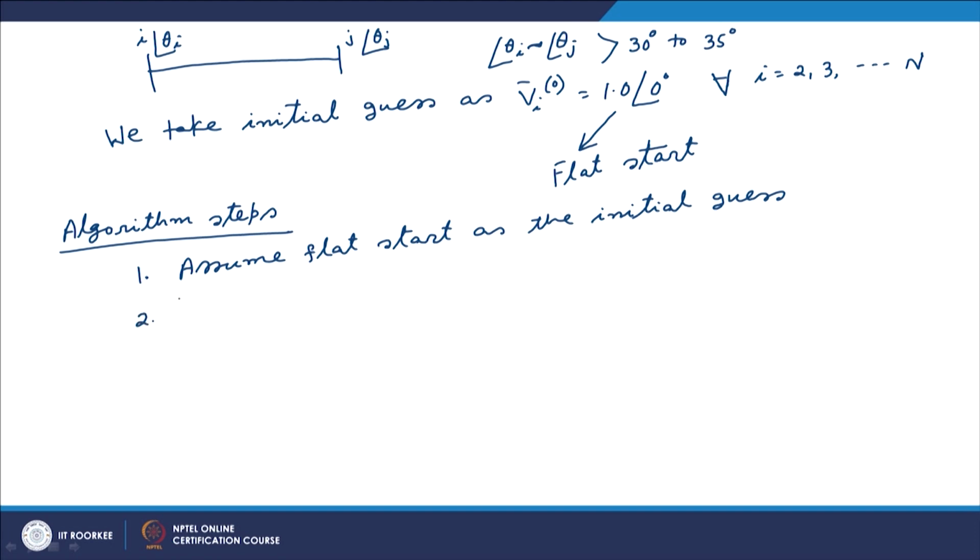Then we set the iteration count, say j is equal to 1. Then we update all bus voltages as